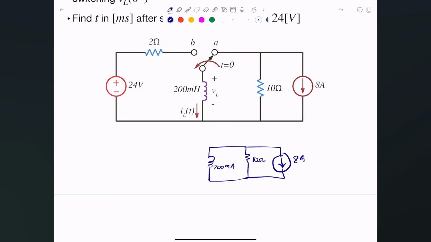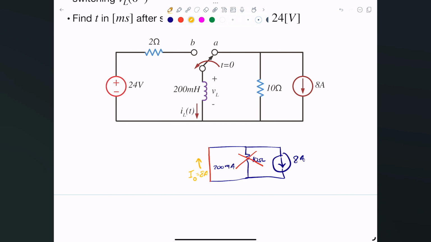And if you think about it, if we wait in A for a very long time, this source is a DC source. So technically, this 200 millihenries is just simply a wire, and the voltage across is 0. And because of that, there's no current in the resistor, because this resistor is basically shorted out. That means the 8 amps in here is actually flowing that way. So technically, the current flowing through that is just simply 8 amps,